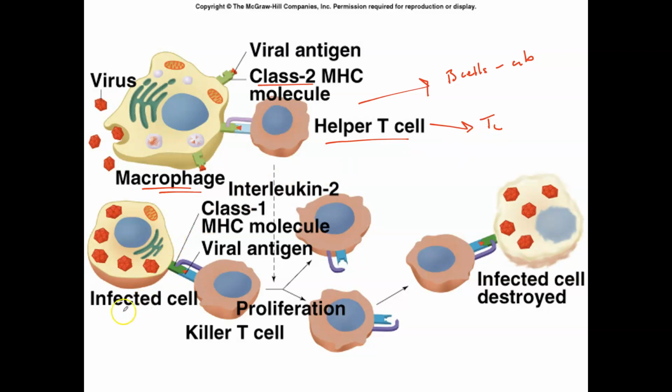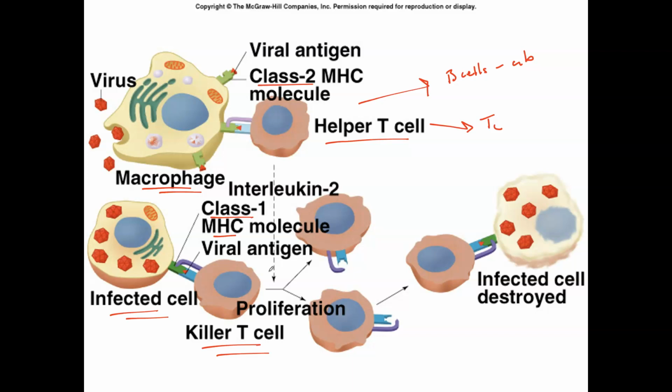We also, though, can see that infected body cells can present on class 1 MHCs directly to your cytotoxic T cells, your killer T cells, and that will lead to the destruction of infected body cells that have this viral